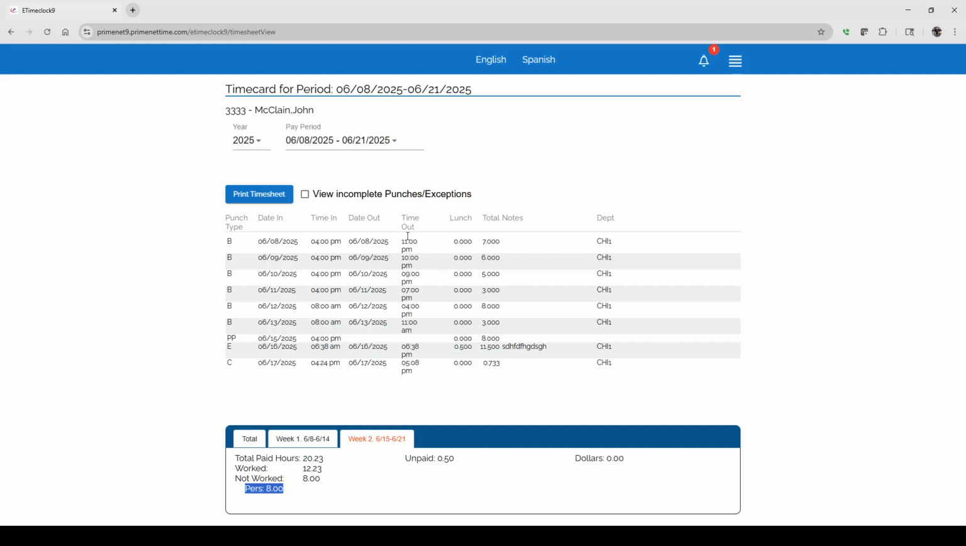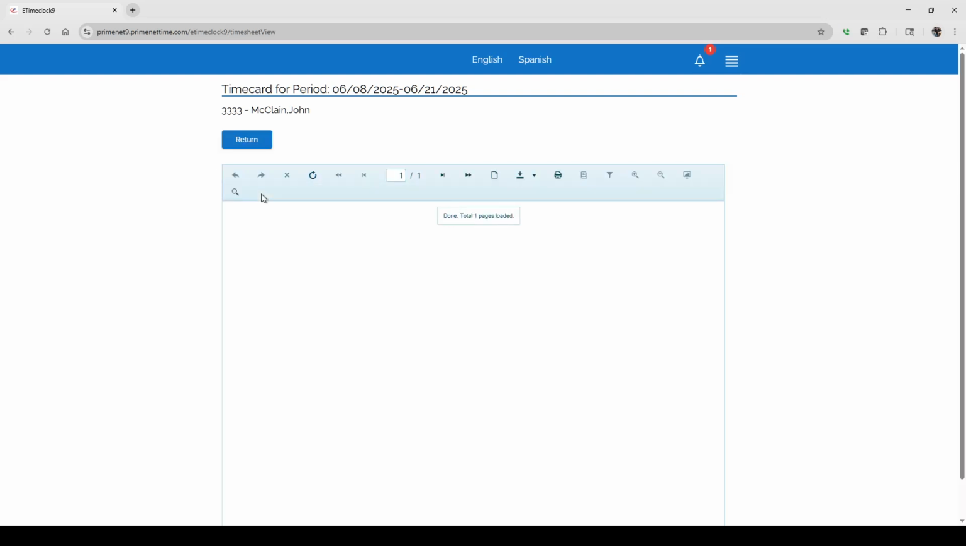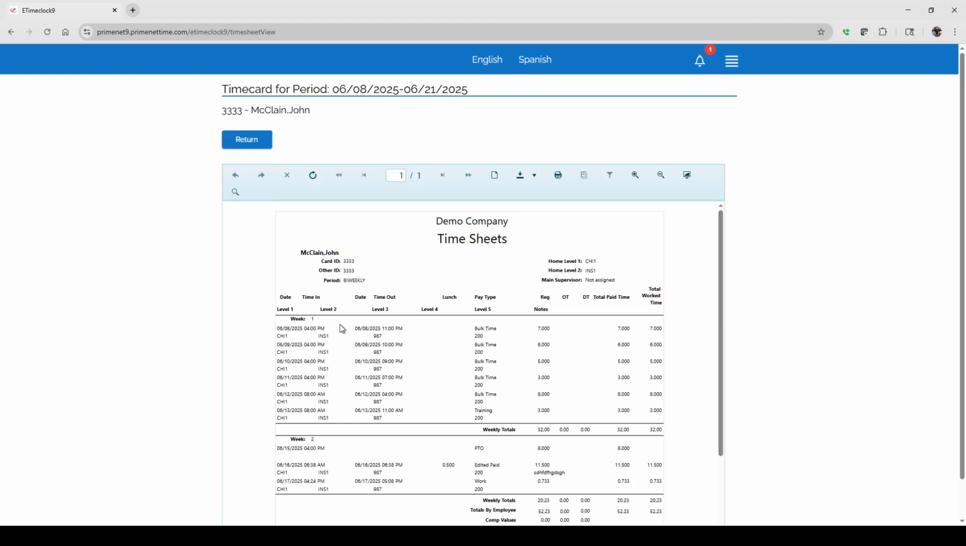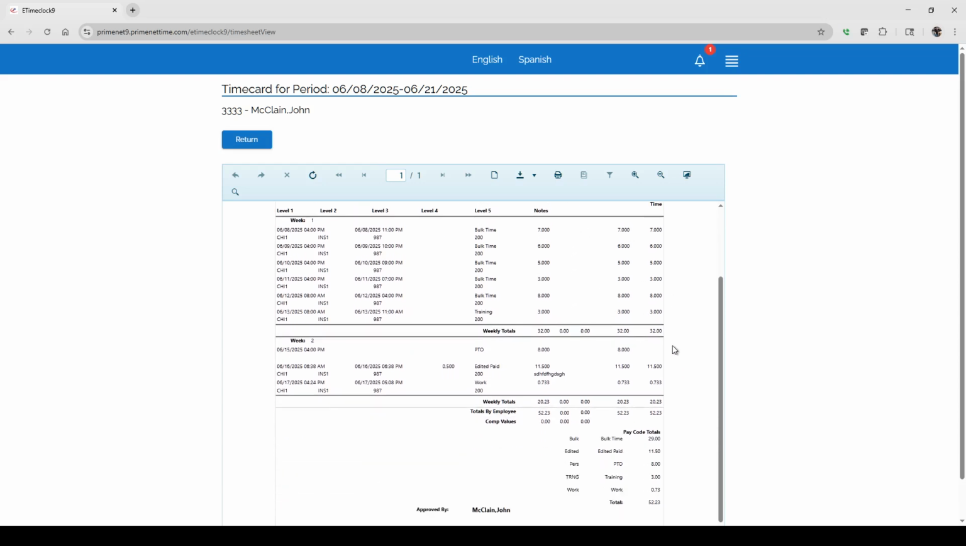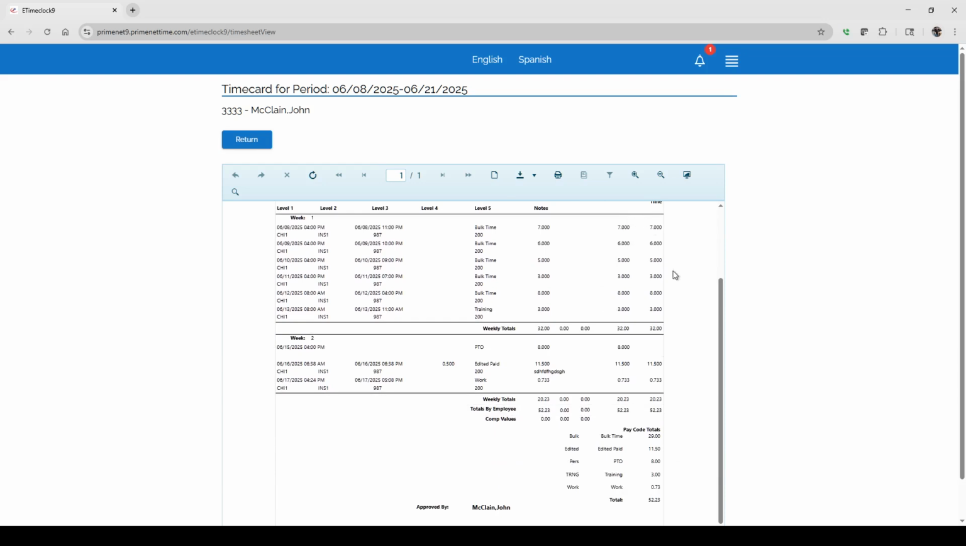Now, if I want a better breakdown, maybe I want to see where my overtime hits, if I have overtime, different things like that, I can just click print timesheet. That brings this up, and I can see the first week, my totals, overtime, double time, total paid, total worked. Remember, total worked are just the hours spent working. Total paid would be